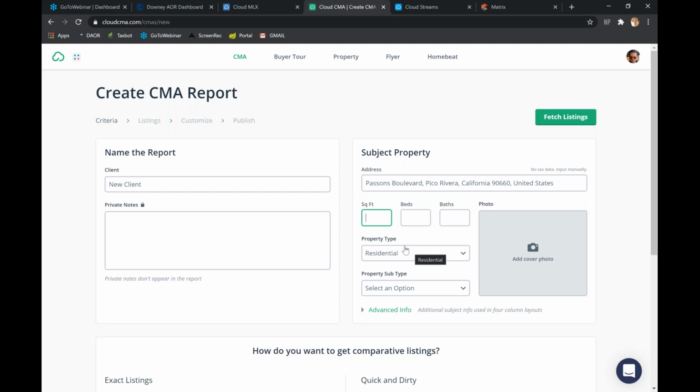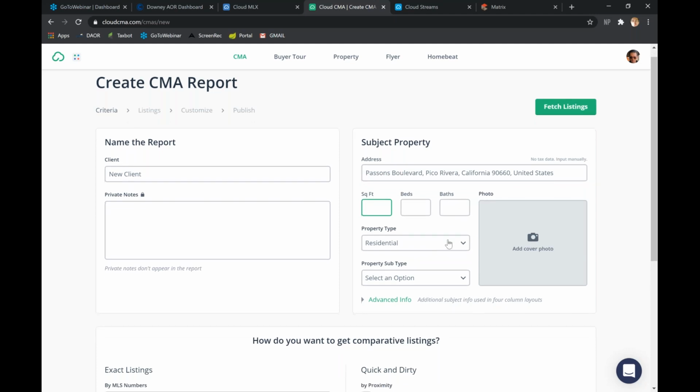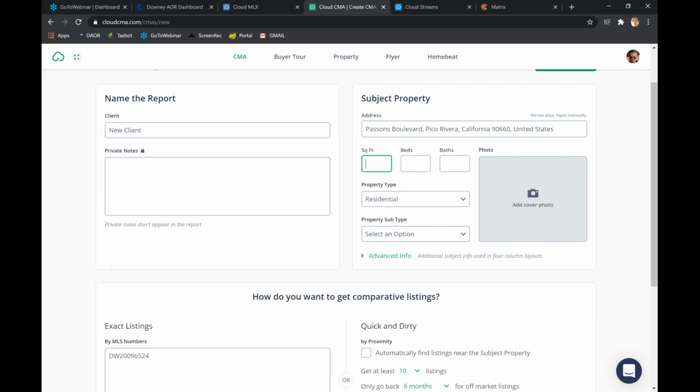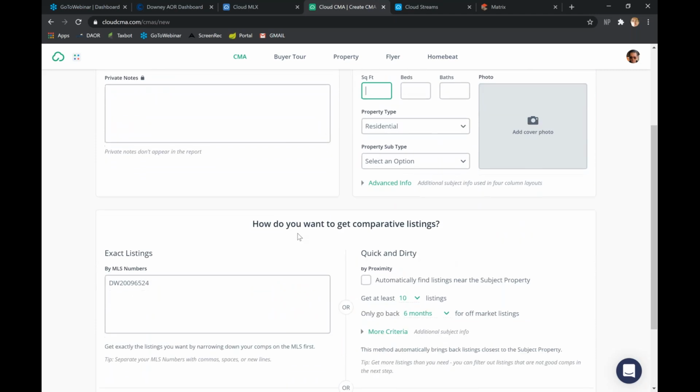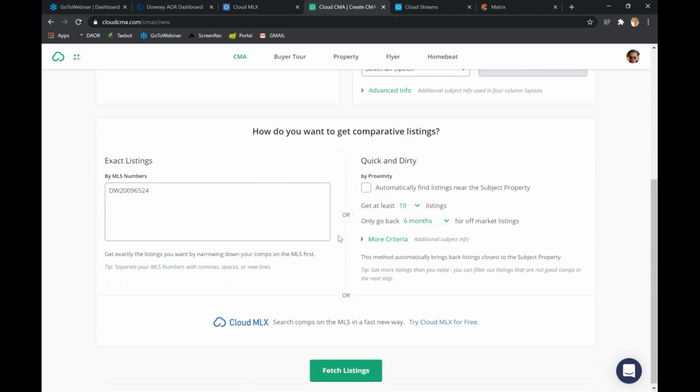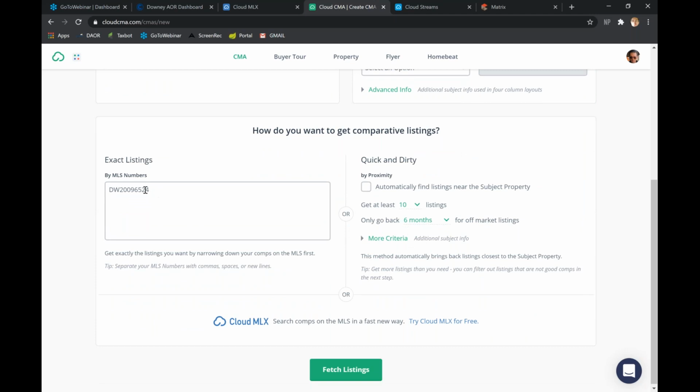We don't need to put this information particularly. We can select just the residential or any subtype or advanced info. But then how do you want to get comparative listings? So we see it's still saved that MLS number that we pulled from the matrix,